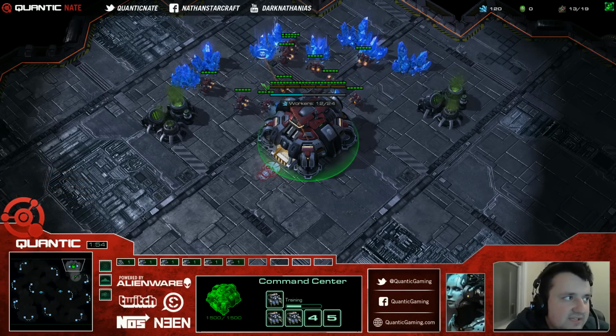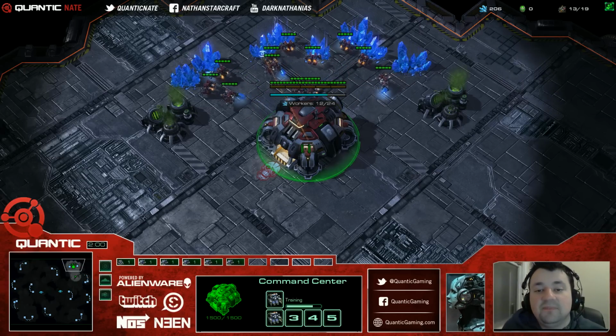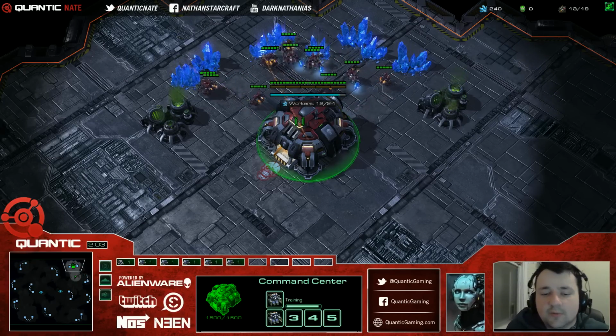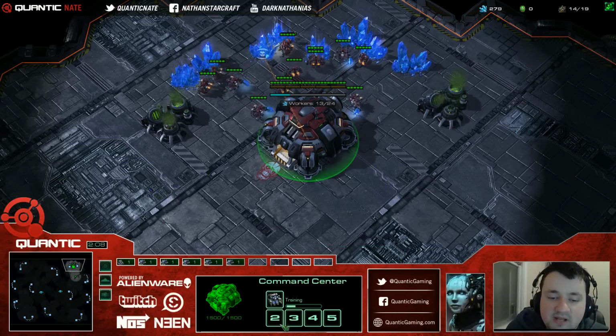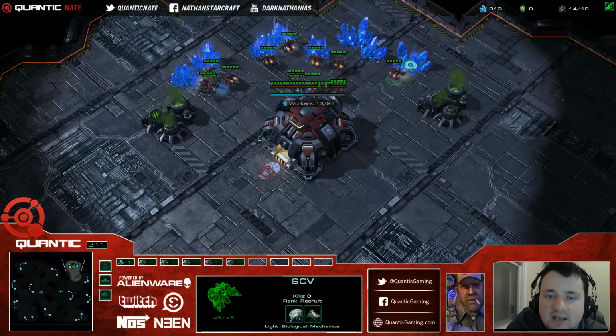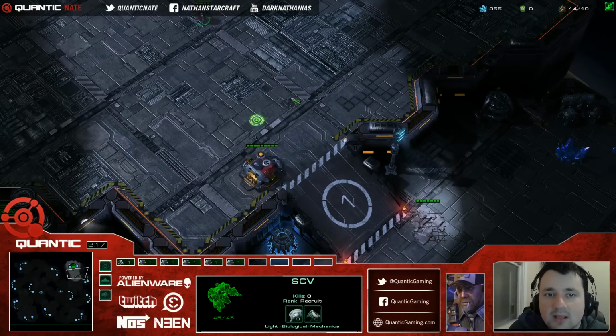So we're just going to queue up SCVs, and basically once you hit 14 supply, you're not going to build more SCVs, you're going to build your command center, and then you're going to build one more SCV. So to demonstrate, let's just take a quick look here. So now I'm at 14 supply. I have an SCV in production. I'm not going to queue another one just yet. At 300 minerals, though, I'm going to bring an SCV down towards my ramp, and I'm going to build a